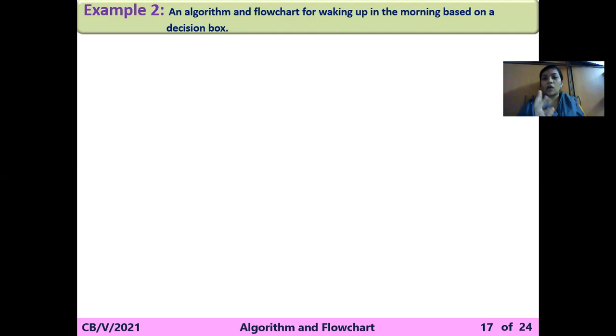स्नूज का मतलब क्या होगा, 5 और 10 मिनट्स के बाद वापस से अलार्म बजेगा, तब तक आप सो सकते हो. And what is the meaning of stop, means you have to stop and wake up at that time. That will be an option for your parent. अगर अभी तक आपने नहीं देखा तो आप एक काम कर सकते हो, आप अपने पेरेंट्स का मोबाइल फोन ले सकते हो, उसमें सिंपली 5 मिनट्स का अलार्म रखो. जैसे कि अभी 11:15 हुए हैं.